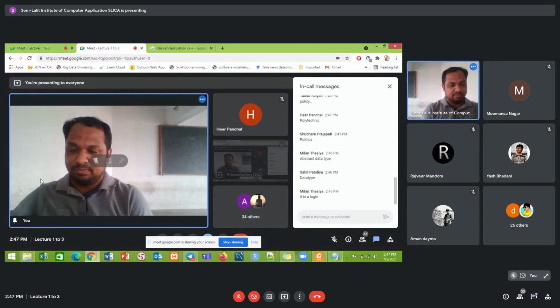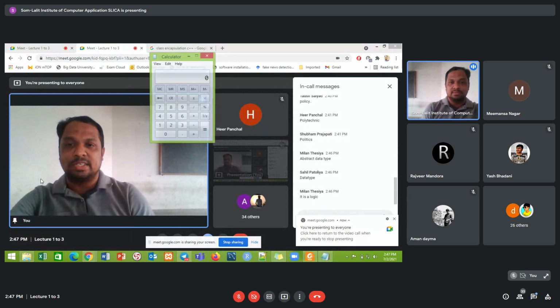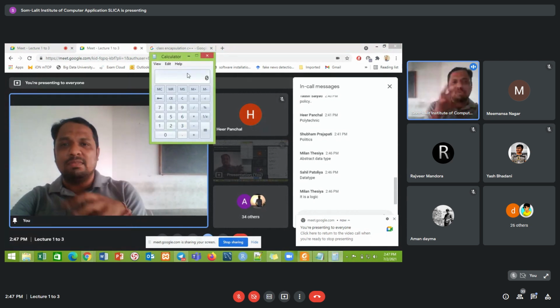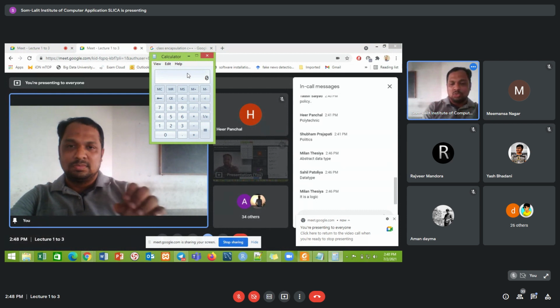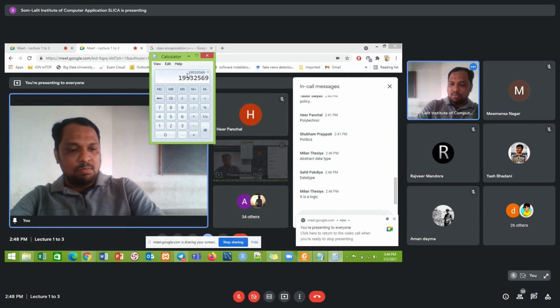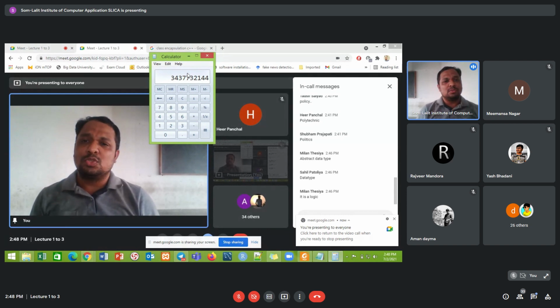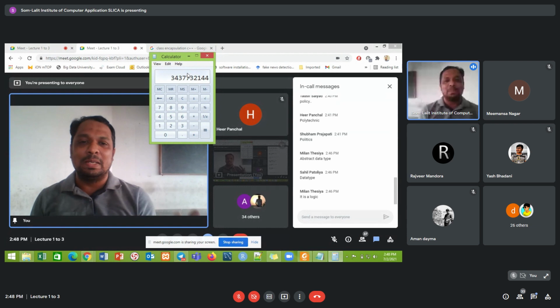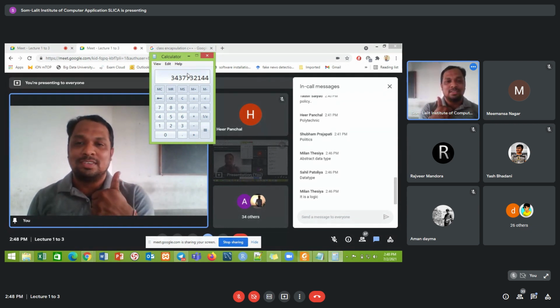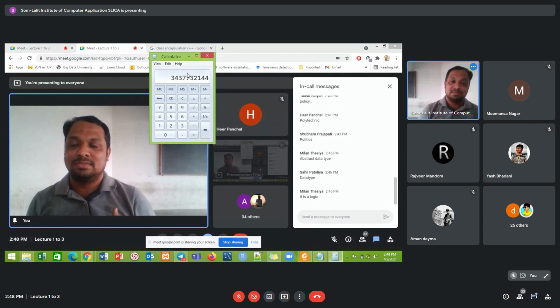For example, if I open a calculator, this is a very high level of abstraction. I can enter 12, 1 plus 9 plus 5 plus a big number and plus another big number, multiplied by, divided by, and so on. How these things are implemented, you don't know, but the answer comes.